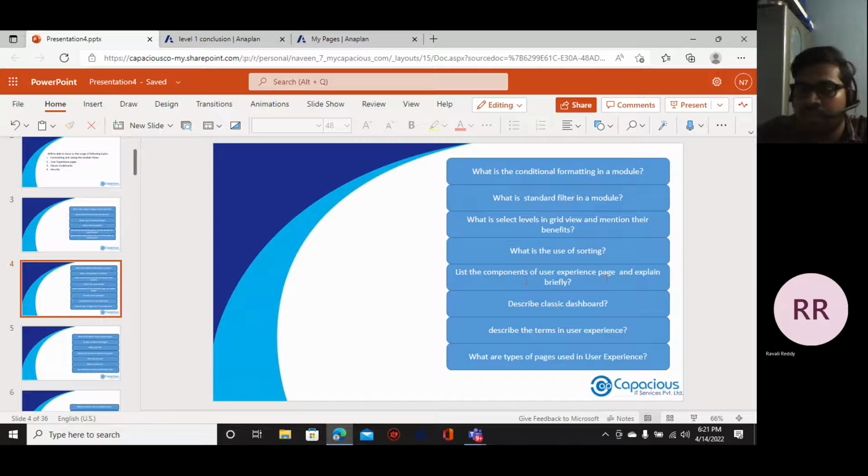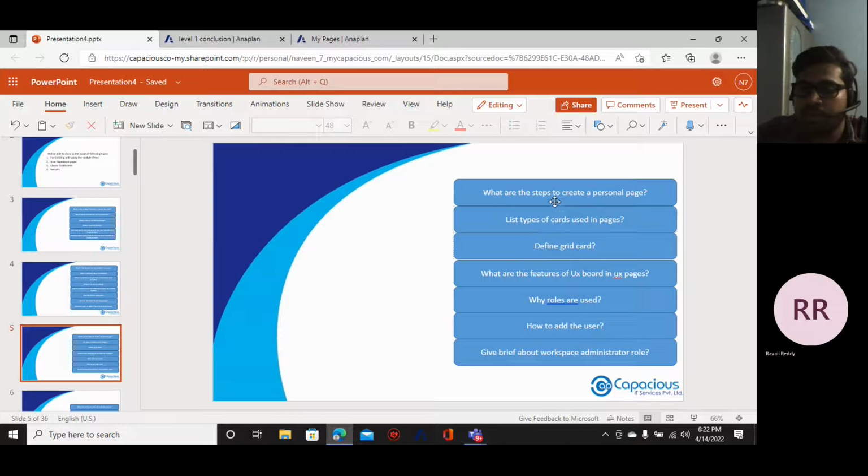And components of user experience and classic dashboards, and what is the term user experience, and what are the different pages we have. So that is also we are going to do, which is we are going to create the personal pages and cards, which are in the boards and worksheet. This we will be seeing, the cards also. We are going to particularly see the grid card and user board, and also finally we are going to see roles, users, and workspace administrators